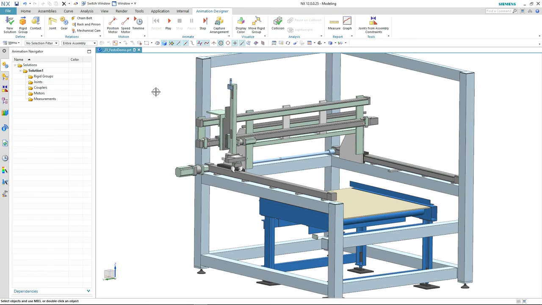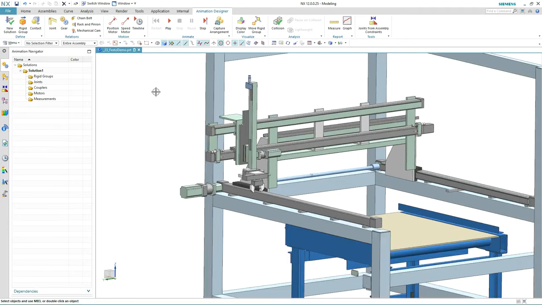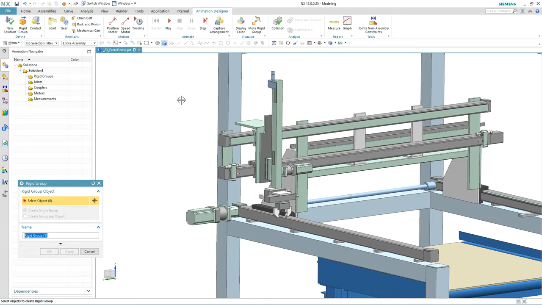Common questions during the design of products with moving parts are, what will my product look like during normal operation, and are there any clearance violations when parts move? Siemens NX Animation Designer is a motion simulation application for analyzing kinematic behavior when the effects of forces are not